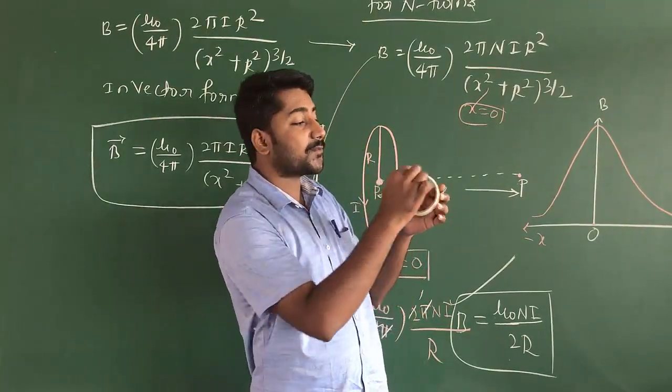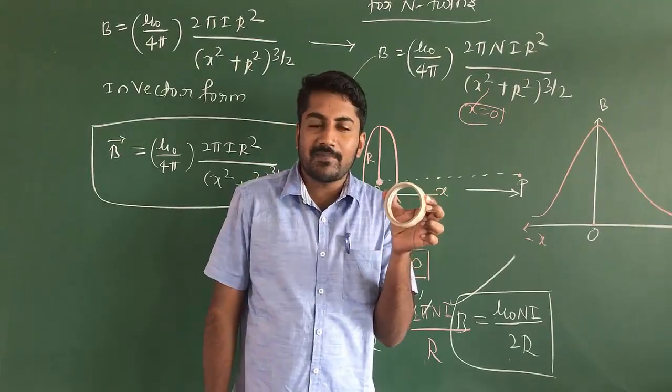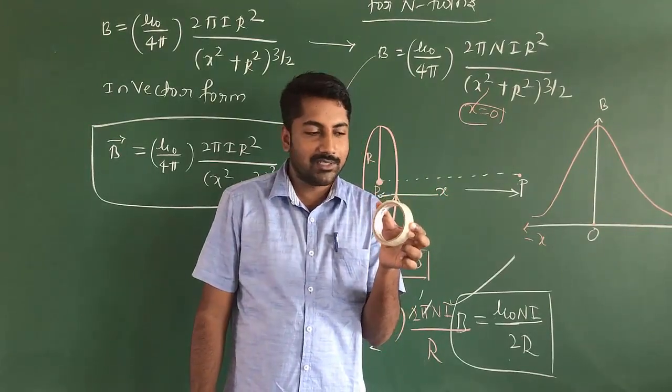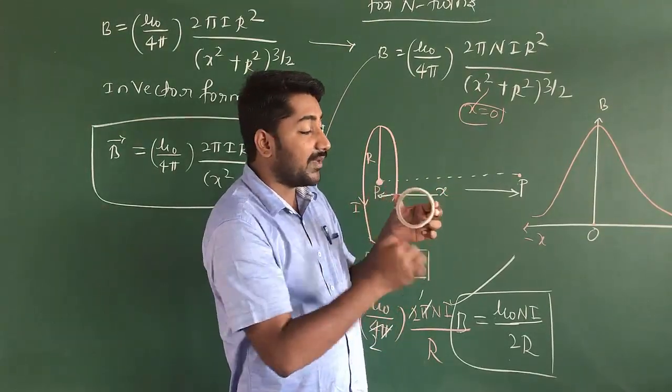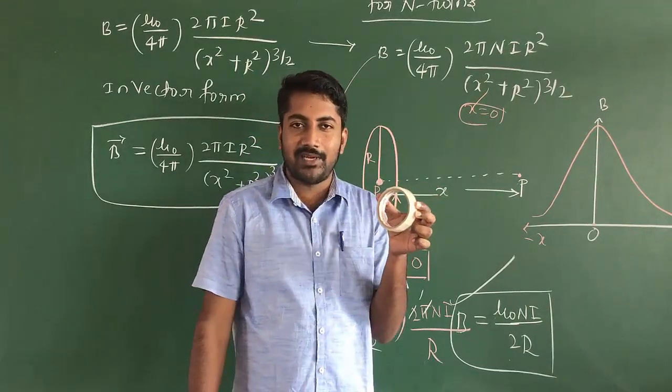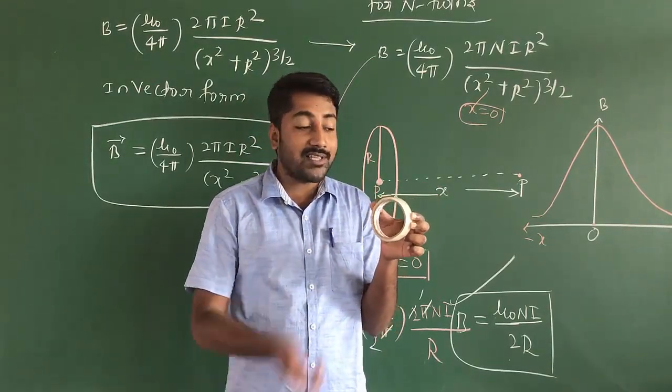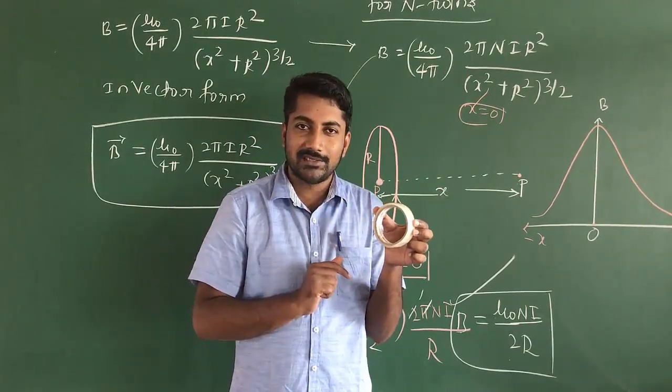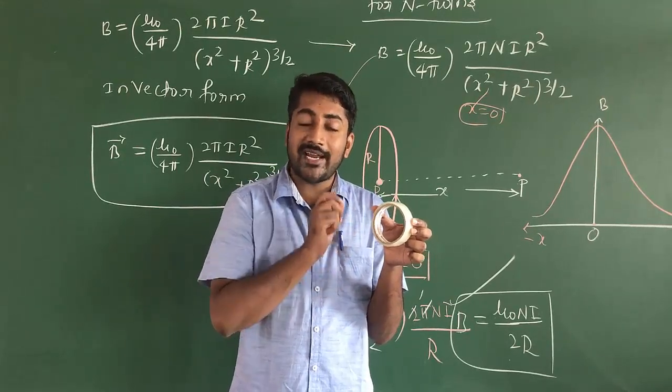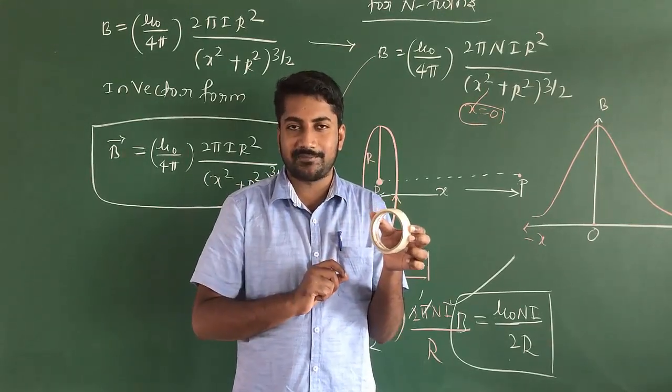When the current is flowing in the circular coil, the magnetic field is produced. For this circular coil, the right hand thumb rule, or the right hand rule, states that